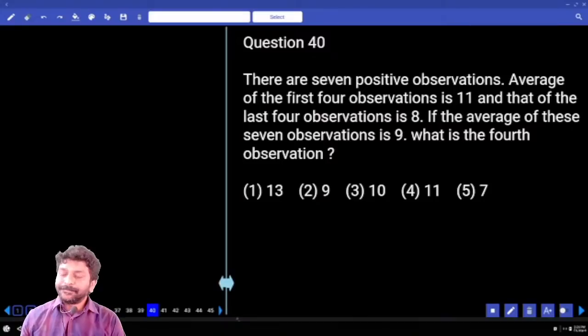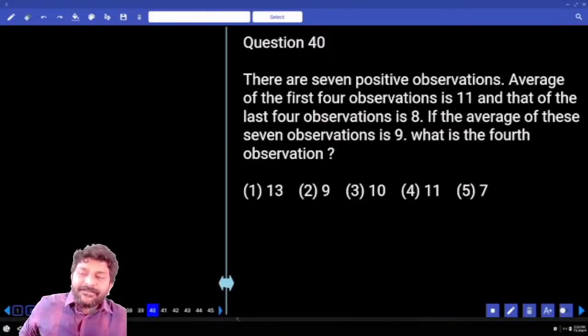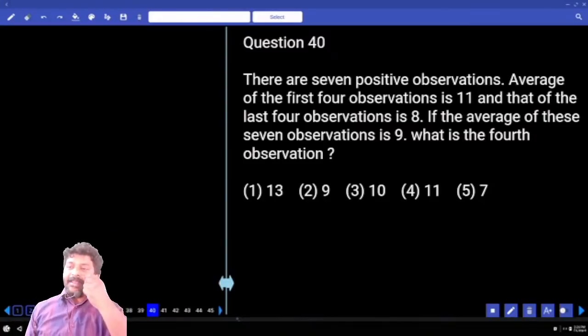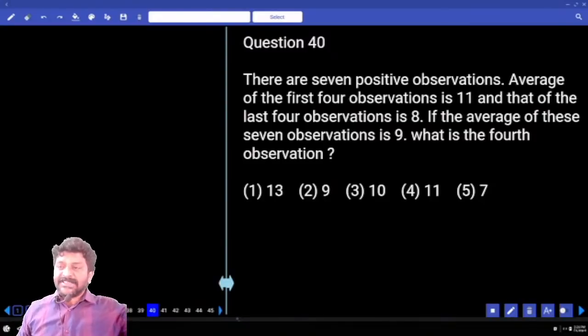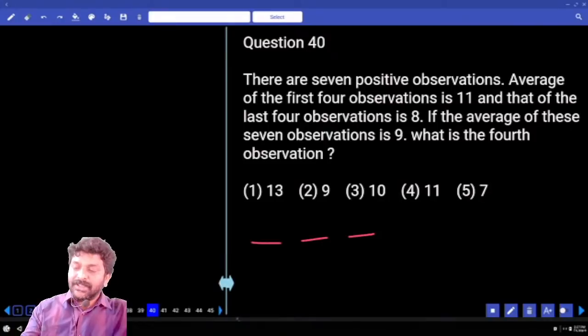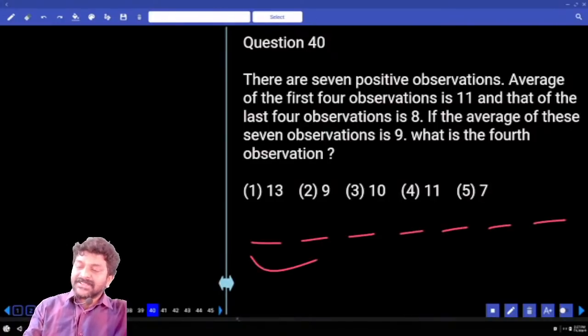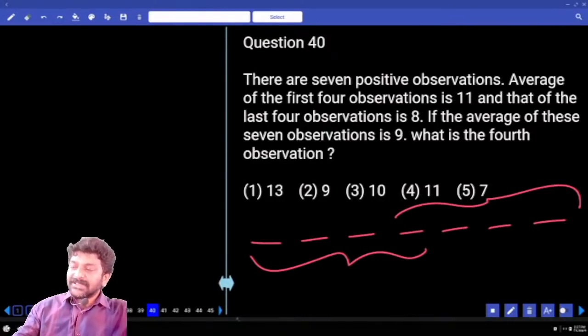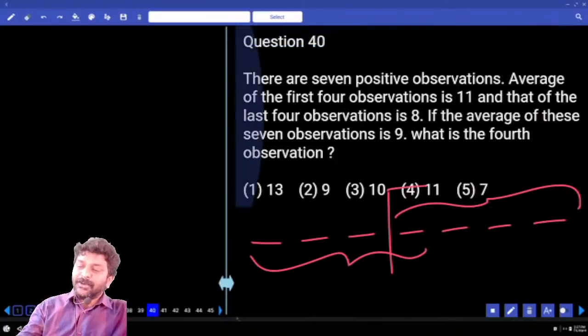Right, come on. There are 7 positive observations. Average of first 4 observations is 11 and that of last 4 observations is 8. If the average of 7 observations is 9, what is the fourth number? 1, 2, 3, 4, 5, 6, 7. First 4 average mentioned, last 4 average is mentioned. That means fourth number is